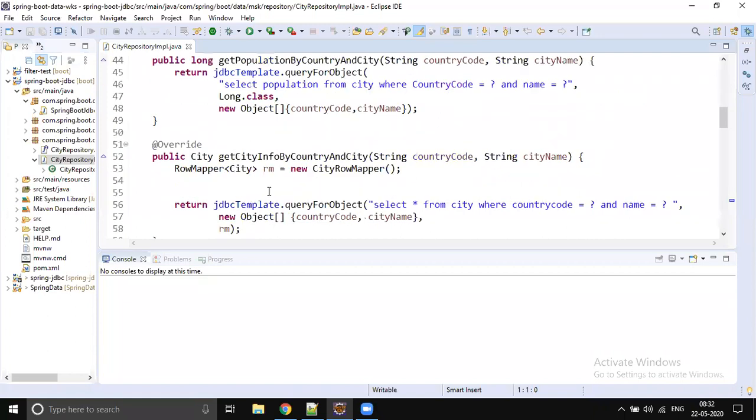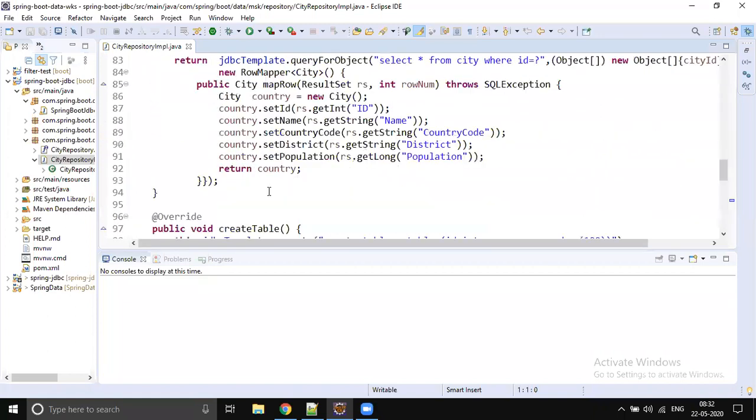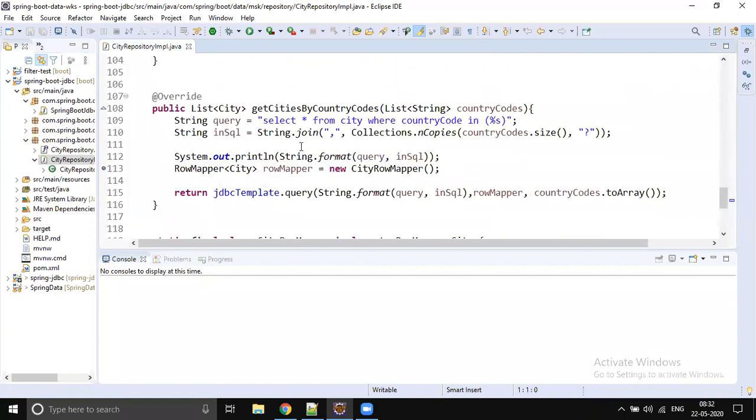Most of the people are doing something like this, right? They create a query with a number of placeholders. When we run this code, I get a query: select star from city where country code in, and the number of placeholders depends upon the collection size. For example, if I pass three parameters, three placeholders are prepared.